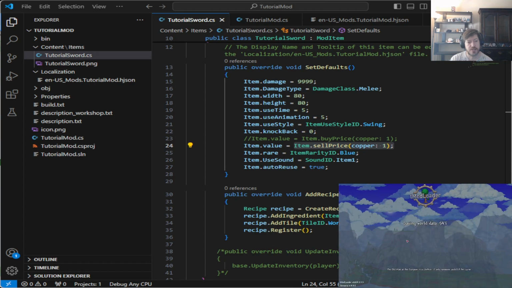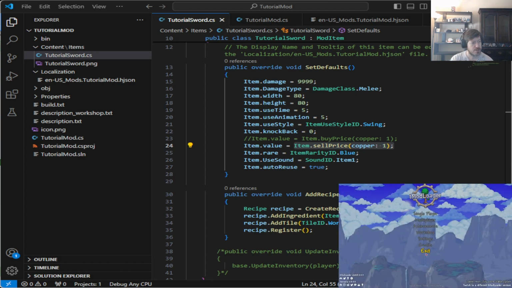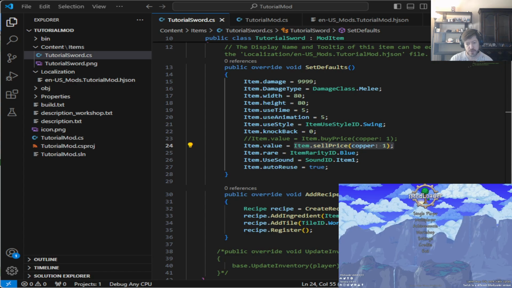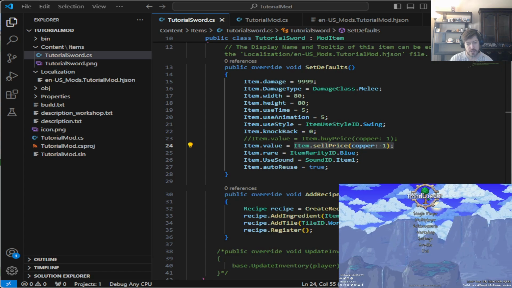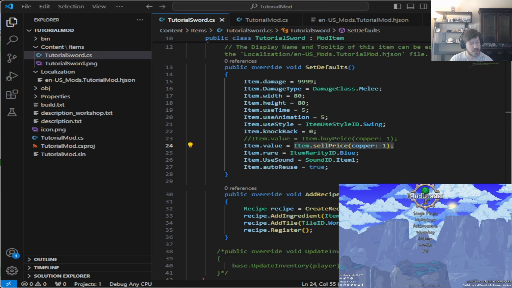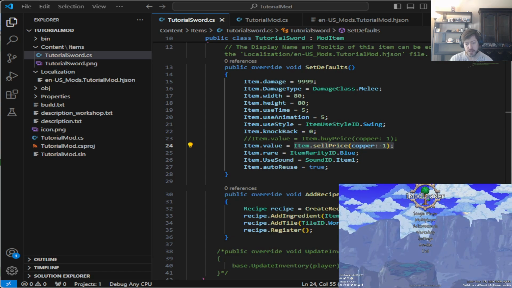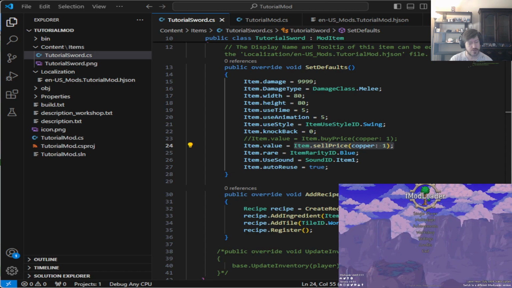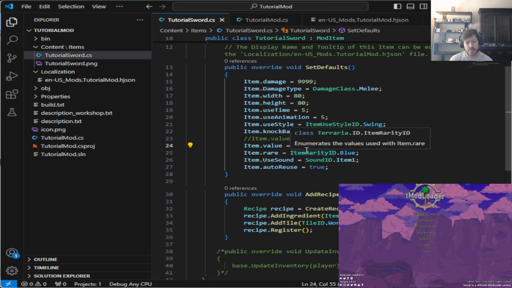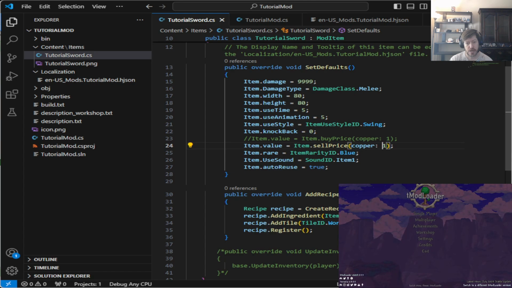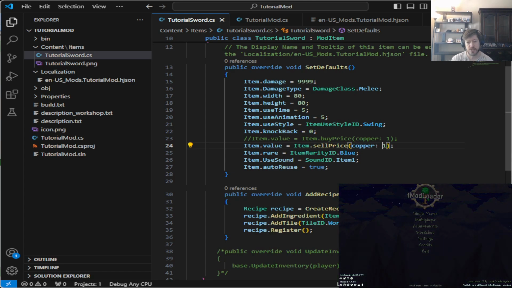Let me go ahead and save and exit here real quick because I want to look at this a little bit more before we move on to our Genshin Impact portion of the stream. I want to look at, is the sell price still